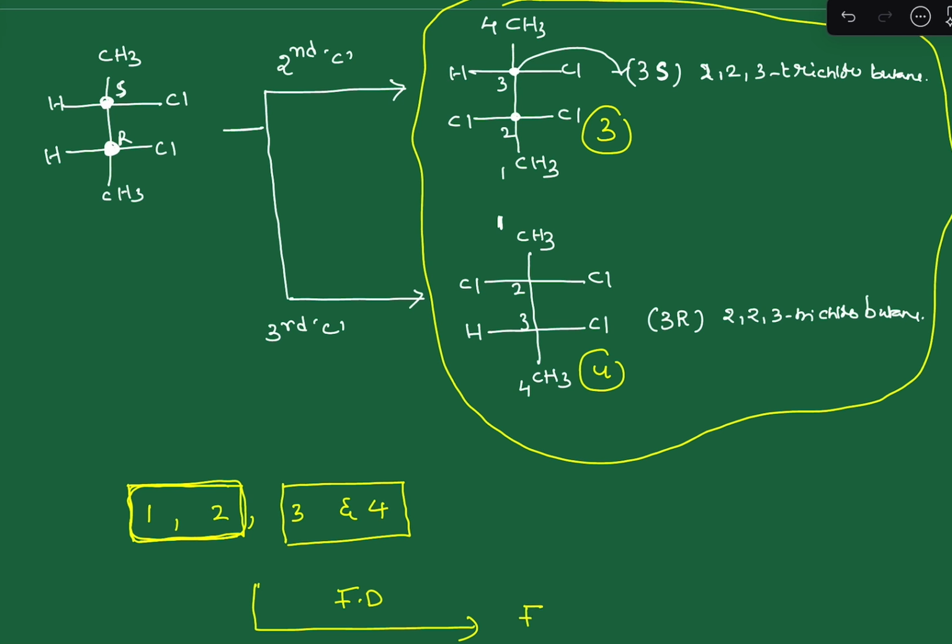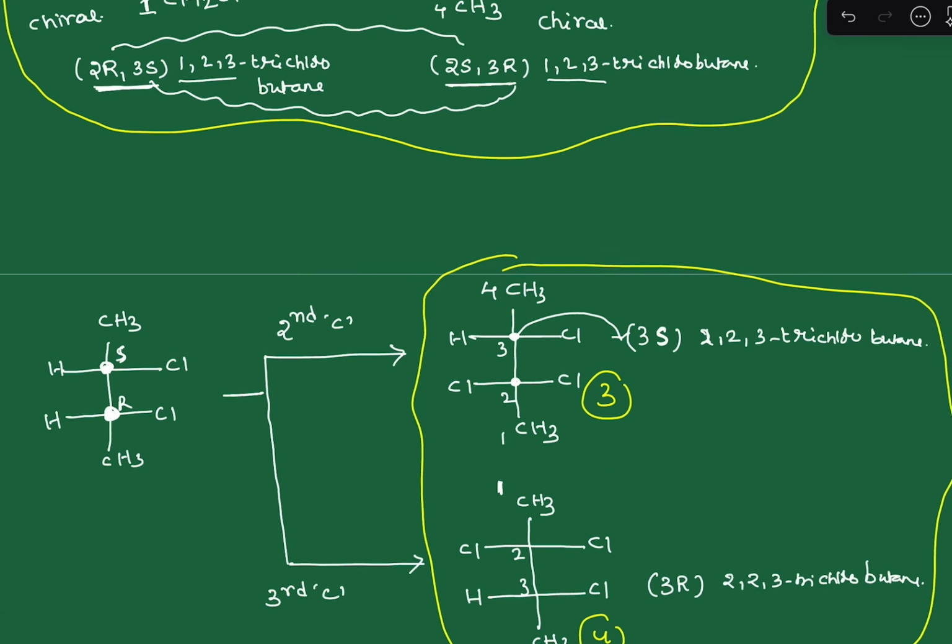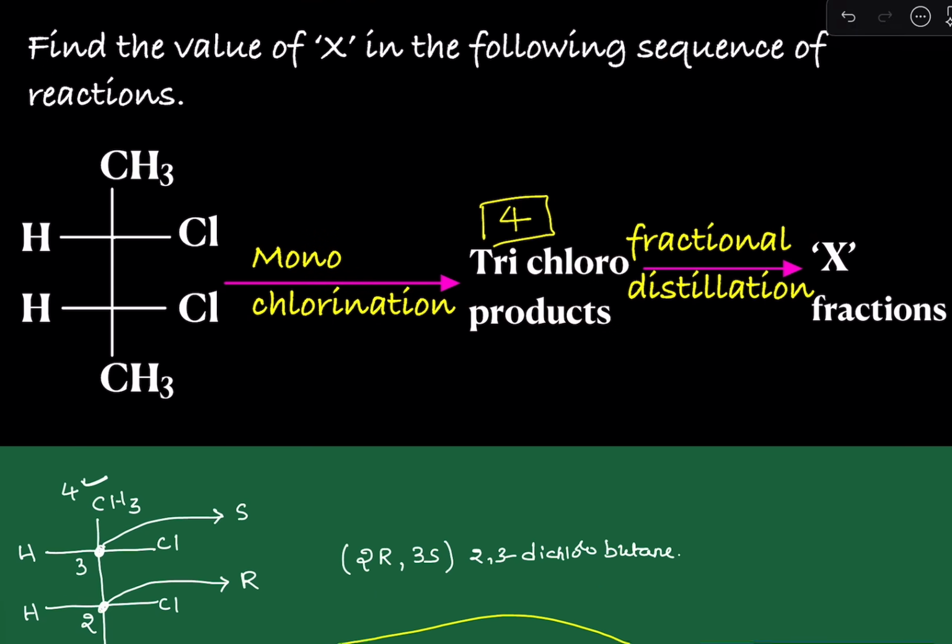So you will be getting fraction 1, that is having 1 and 2, and this pair is definitely going to have a different boiling point, because the relation between any compound of this and any compound of that is diastereomers. But 3 and 4 are enantiomers, so you will be getting another fraction, that is 3 and 4. So ultimately you will get two fractions. So the answer is